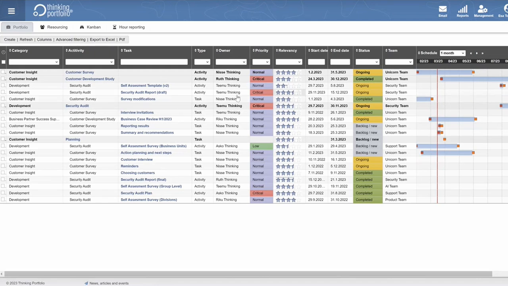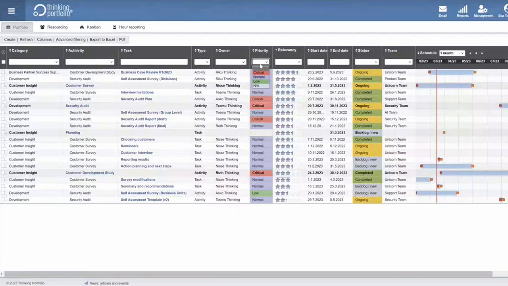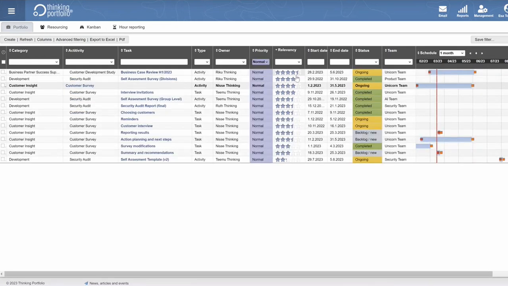I could tell who the owner of the task is, and as mentioned, the criticality and the relevancy that I could also use to sort different tasks: show me all the critical tasks and start with the ones that are most relevant, or show me just regular tasks and let's start from a certain relevancy, or I could set up a team level, the team who is working on these tasks, and so on. What else do I have on the view? I have the Gantt, in this case a monthly level view,